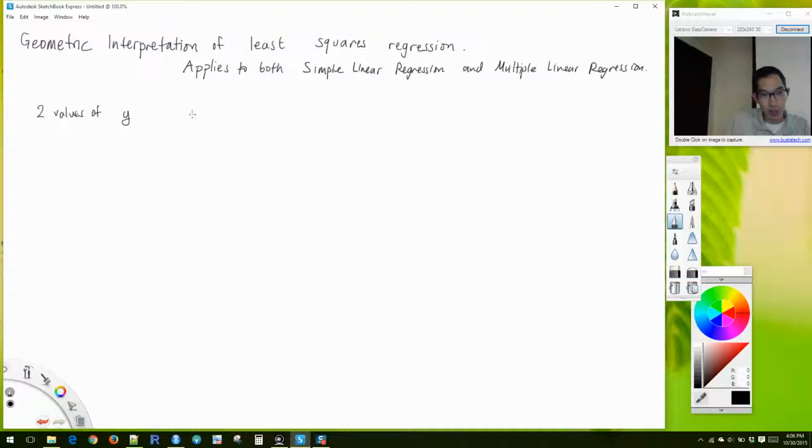So y is going to be a vector, and the two values of y we'll say are 2 and -1. And we are going to fit, so just remember things in vector or matrix notation, we're going to have y equal to x beta